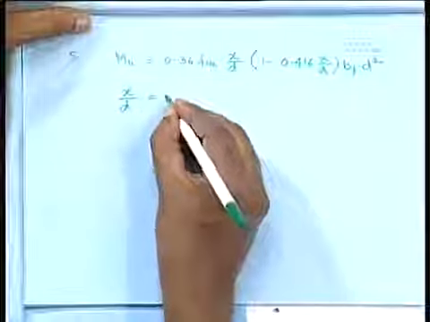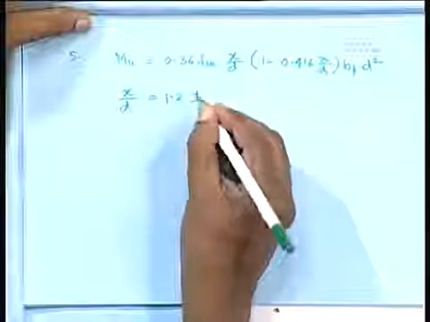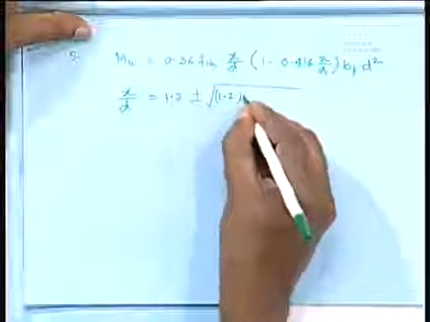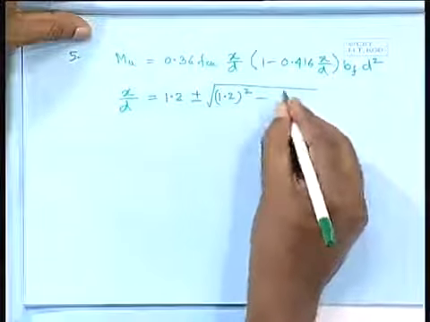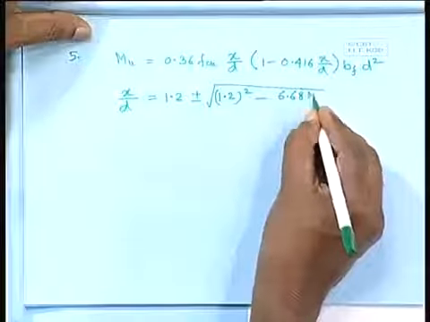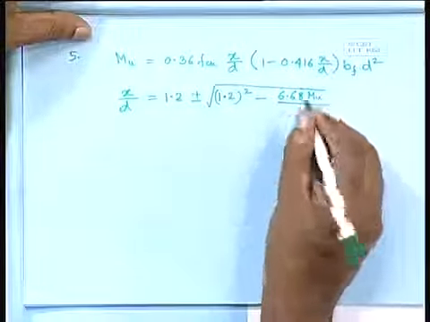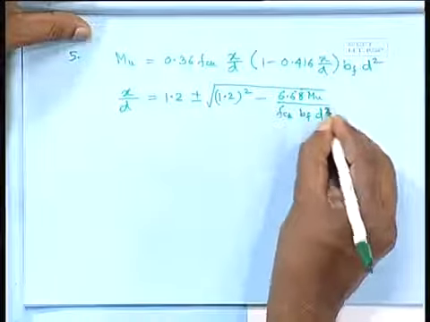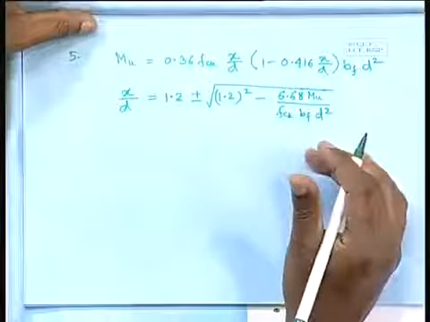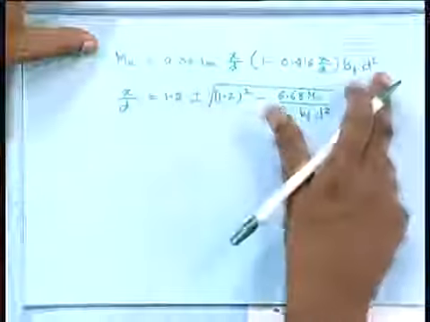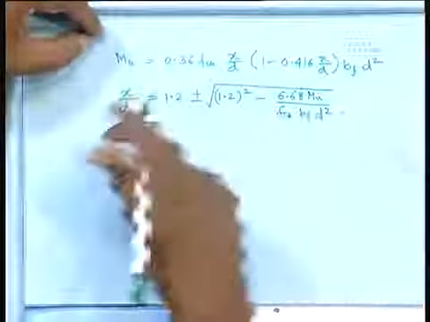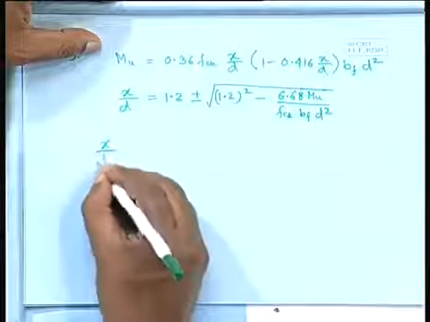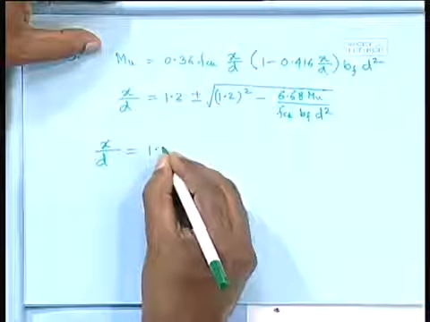If you like to remember this one also, you can remember plus minus root over (1.2 whole square minus 6.68 Mu divided by FCK BF d square). There are so many other ways one can remember directly, instead of coming from the first principle always using this formula. You can remember this formula also if you like. So, we can write down x by d equal to 1.2